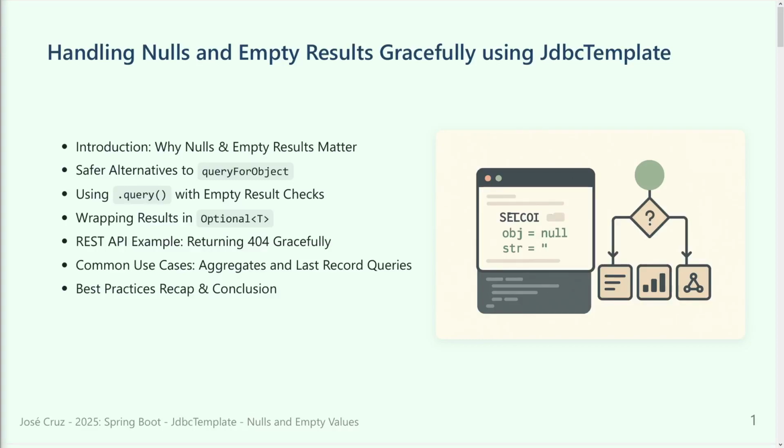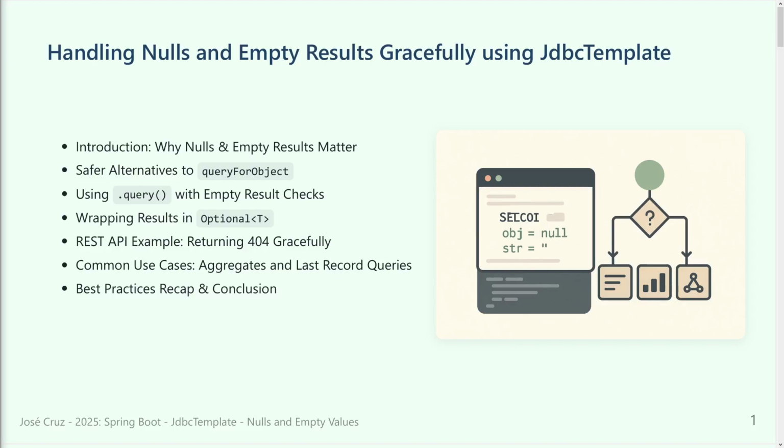Today I'll be talking about how to handle nulls or empty results using JdbcTemplate. I go one step ahead, that it's not in the title. What happens if we expect one row, but we are receiving more than one row? That's something that sometimes happens, and it happened to me in some of the projects that I worked on in my past. So we'll be talking about why nulls and empty results matter, safer alternatives to queryForObject, because